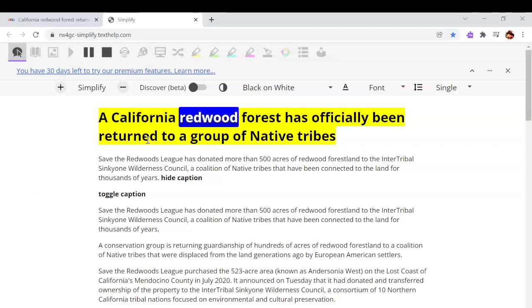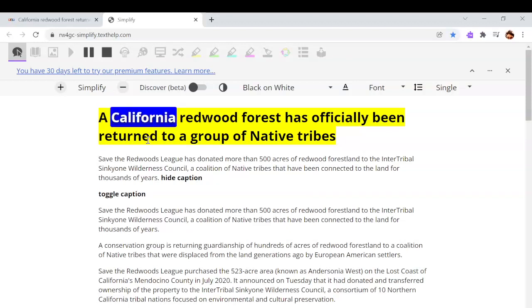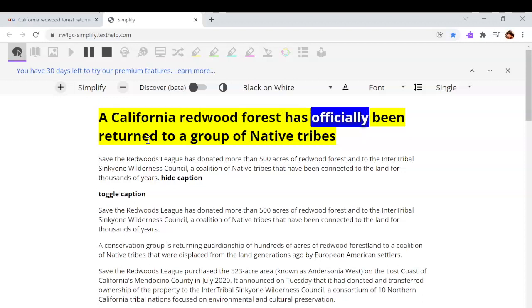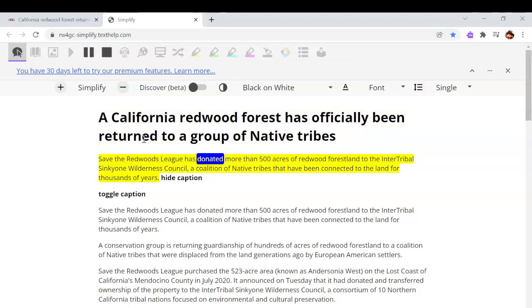A California redwood forest has officially been returned to a group of native tribes. Save the Redwoods League has donated more than